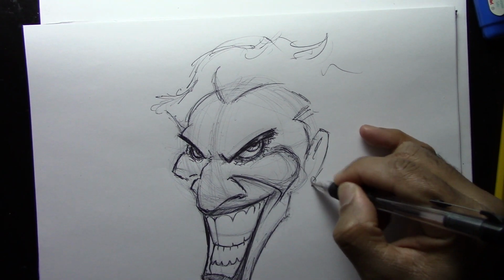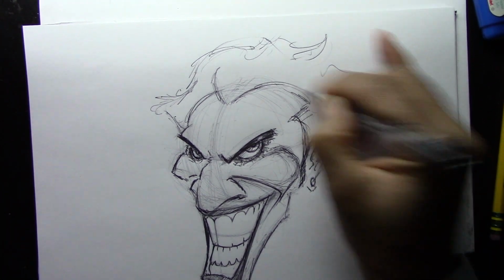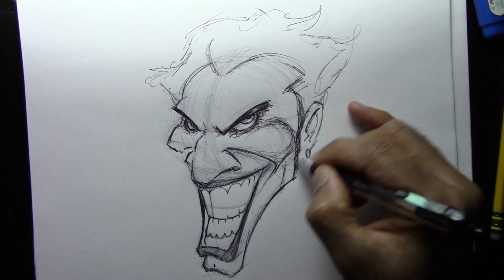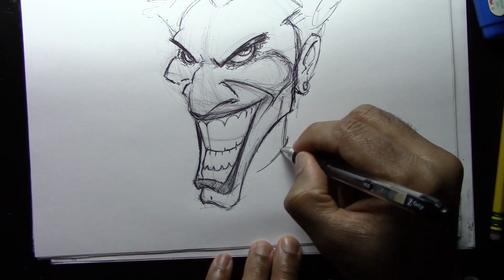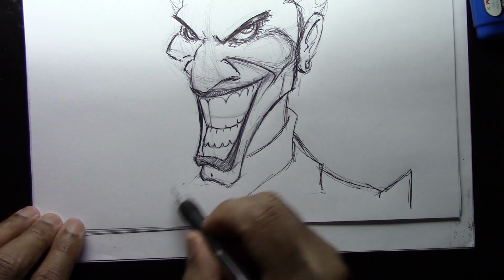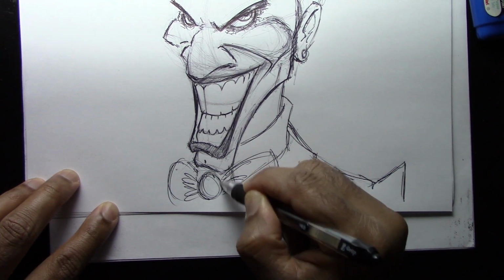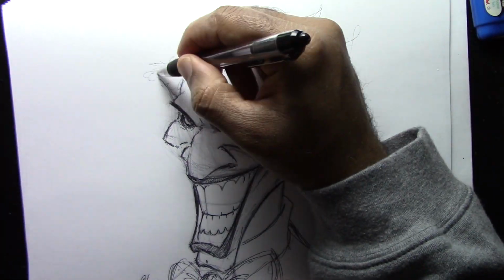So I'm gonna flesh out his ears and give him a little earring right there. He's pimped out, Joker, pimped out. This look was inspired by the Suicide Squad film, that version of Joker, the Jared Leto type Joker. But I still prefer the old traditional Joker with the over the top tuxedo like we have down here,